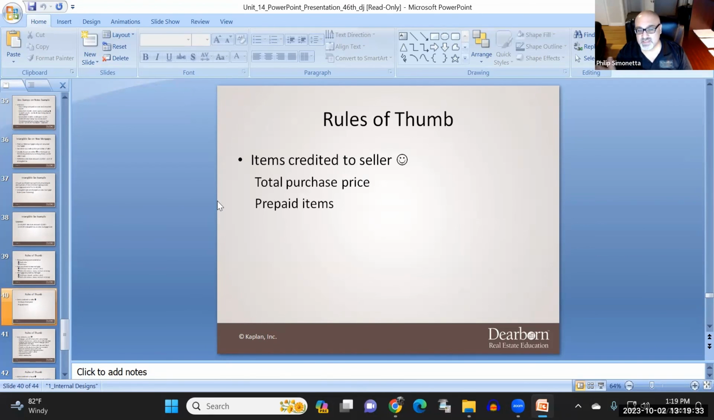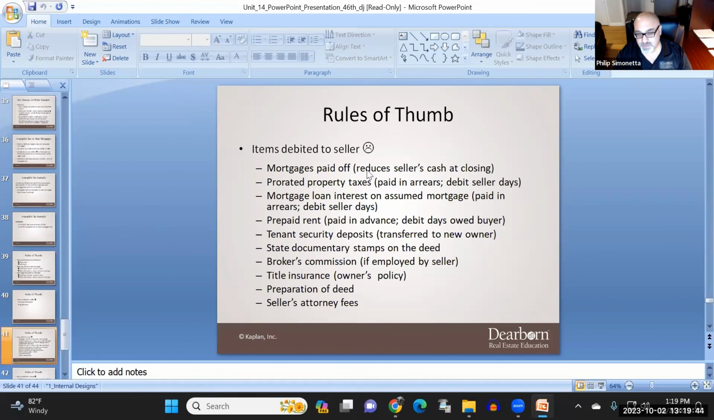Items credited to the seller. The only time the seller gets money is the total purchase price and prepaid items. That's it. That's when the seller gets credited. Items debited to the seller: mortgages paid off, prorated property taxes, mortgage loan interest, assumed mortgage payment, assumed mortgage interest, prepaid rents,